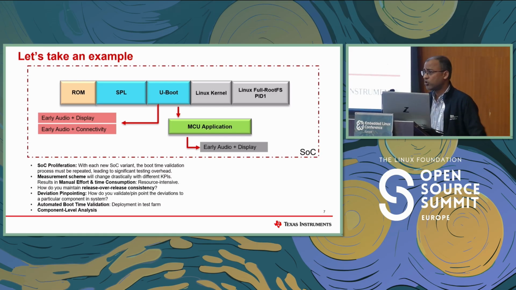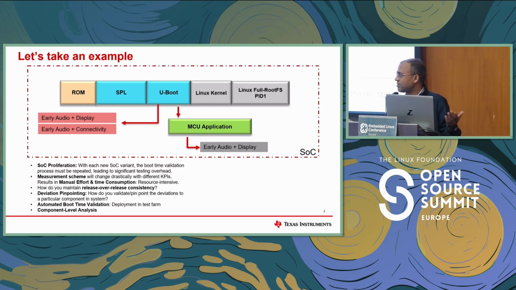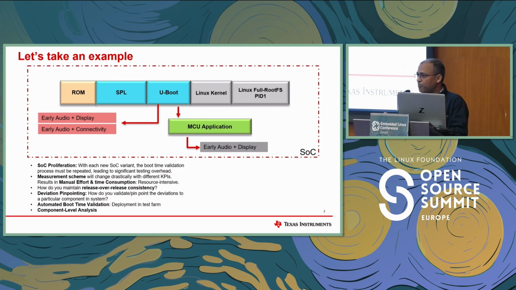Let's say you are on the 6.12 kernel today, and then you are going to 6.17. So what happened there? After the release of 6.12, there is a change in the complete kernel. Now you will see that boot time has increased. Where it is increased and why it is increased is very hard to pinpoint. Then you have to go and try to find where it actually happened, and bisect